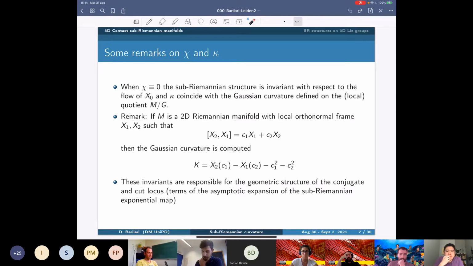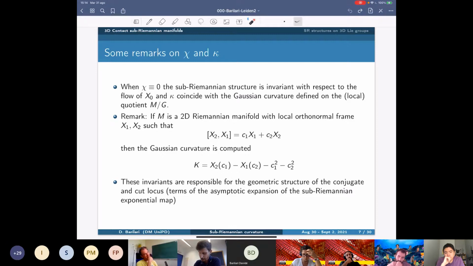And then in this case, our sub-Riemannian structure can be seen as a kind of isoperimetric problem on a two-dimensional Riemannian manifold, which is defined by the quotient of M with the flow. So here G is the one-parameter group defined by the flow of the Reeb vector field. So this is in general a local quotient, and in this case, this kappa coincides with the Gaussian curvature of